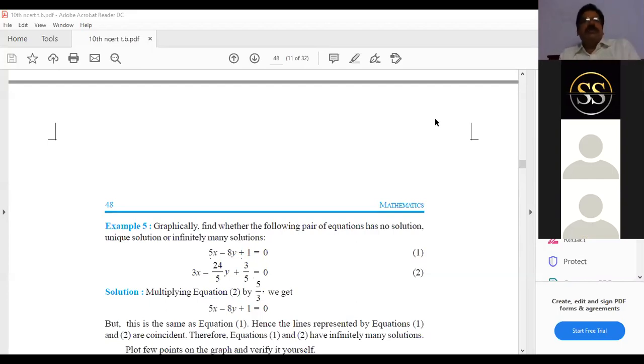Kindly use your talent for academics. This online process will continue for 1 more month. Definitely, schools will open in the month of August, they are telling. Kindly cooperate with the teachers and complete the classwork for chapters 1, 2, 3. I think already 1, 2 chapters' ST is over. Get ready for the next ST, linear equations.